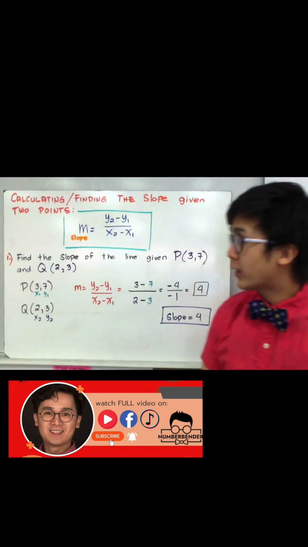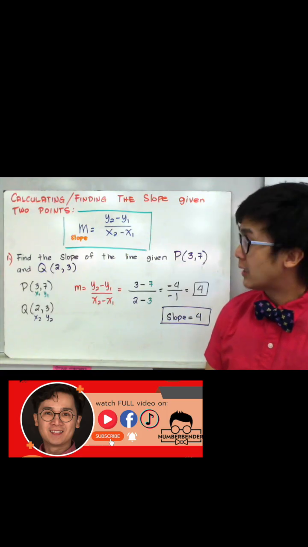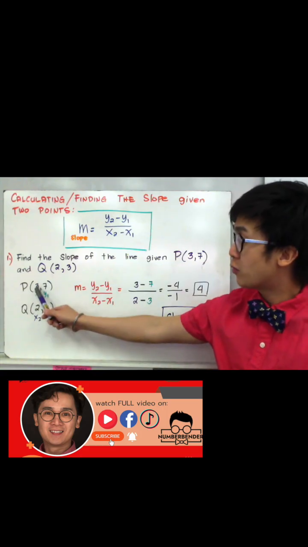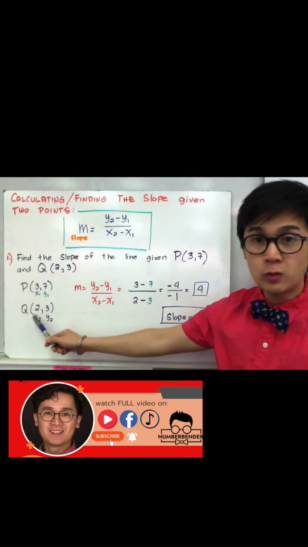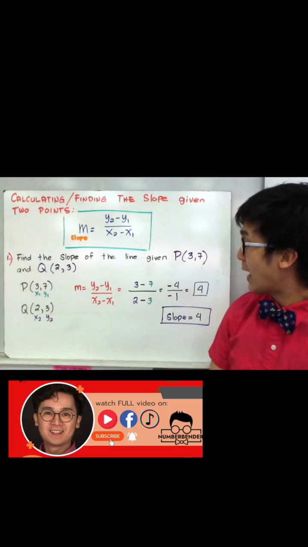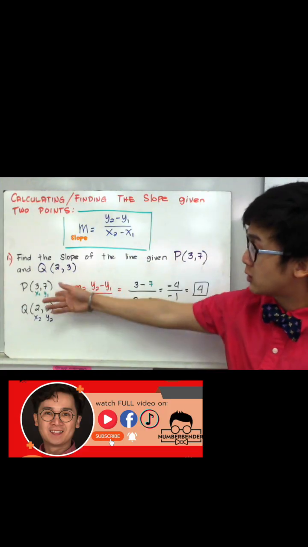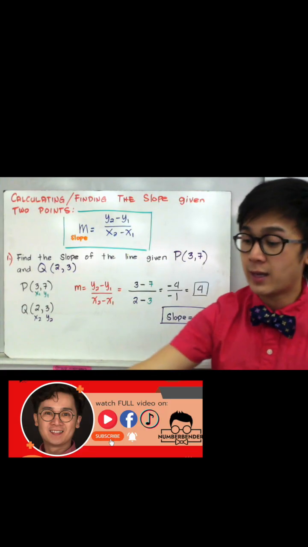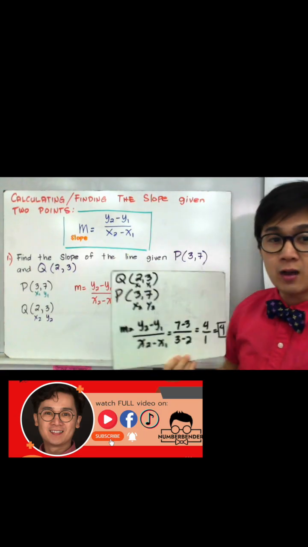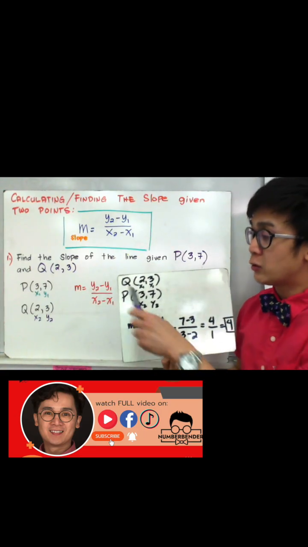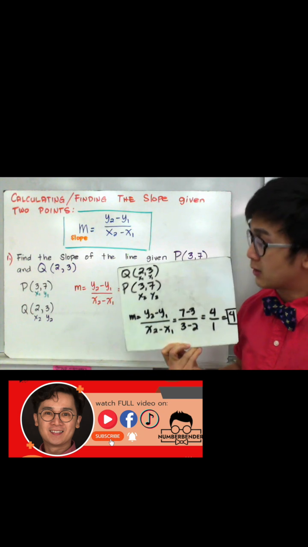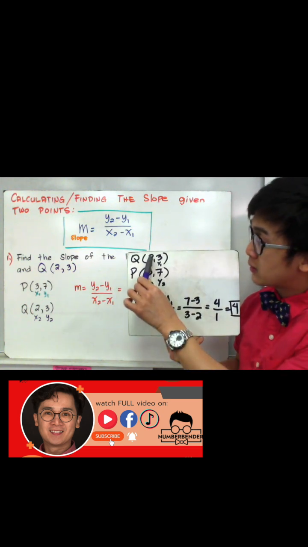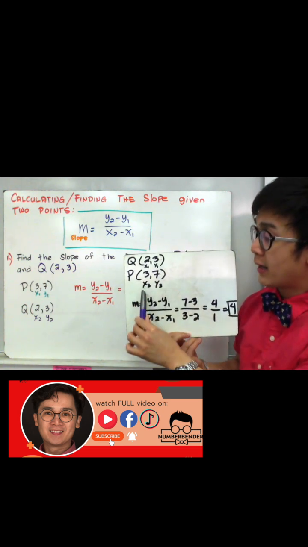Now what if you interchange your Q and P? So instead of using x sub 1 for 3, you use x sub 1 for 2 and vice versa. Will you still have the same answer if you switch your 2 points? And the answer is yes. So let's say instead of P as your first set, you use Q as your first set. So since x sub 1 is 2, y sub 1 is 3, and x sub 2 is 3, and